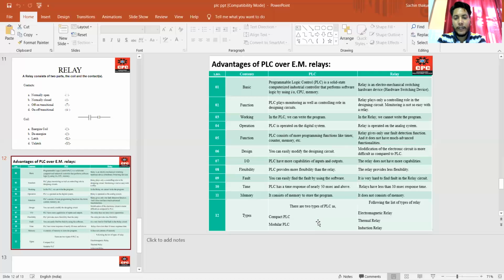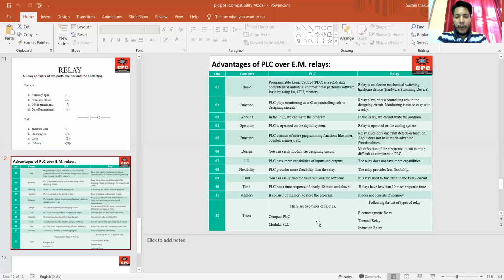With the help of programming devices, our laptops and computers, we can easily program the PLC. But the relay provides less flexibility, because it performs only a single task, that of controlling.